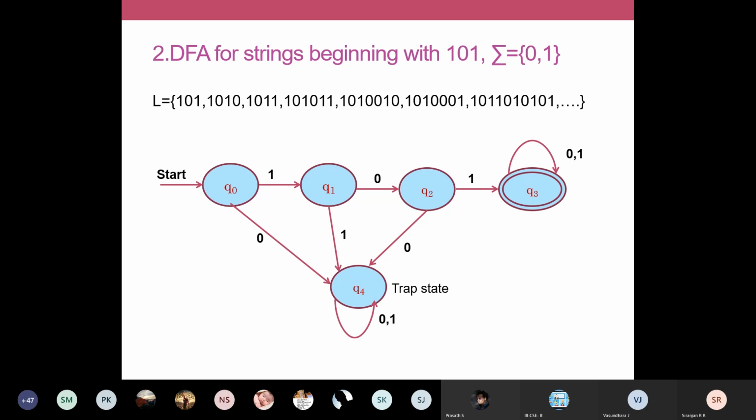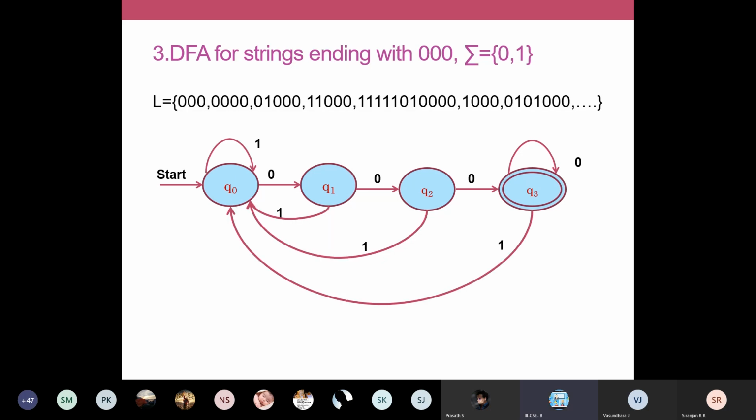For strings beginning with 101, I'm not going to discuss now. Already we discussed in the last class. Strings ending with 0, 0, 0, this also we saw last class. To identify the states, you take the smallest possible string, that is 3 zeros.